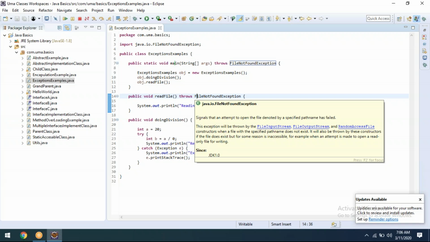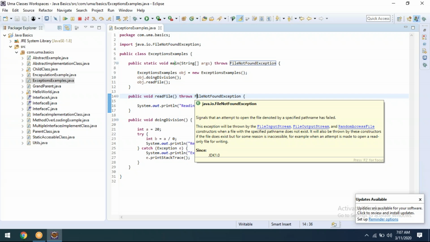Hope this is clear. Object is the super class for all the classes in Java. So the collection framework is completely designed based on the object, not for the variable.